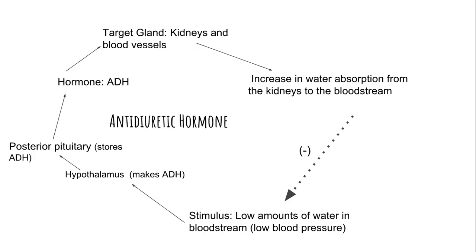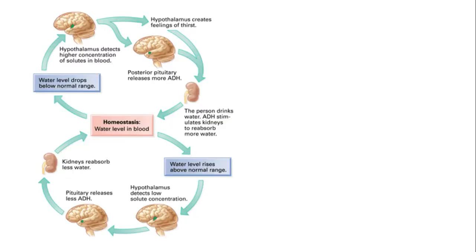I should mention one more thing: we're going to talk about ADH in conjunction with diabetes. This one is really important for the world of diabetes, and we're going to talk about diabetes insipidus with this. Here I have a quick diagram showing how they work together. You see homeostasis, then water level in the blood dropping below the normal range. We then secrete ADH, ADH reabsorbs water, and then it goes the other way.